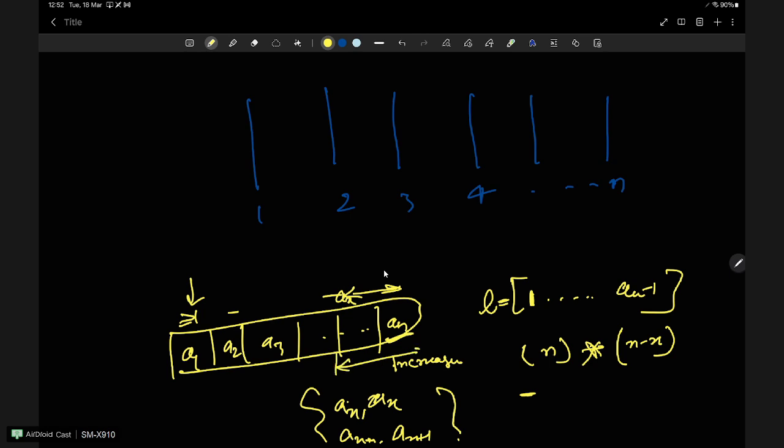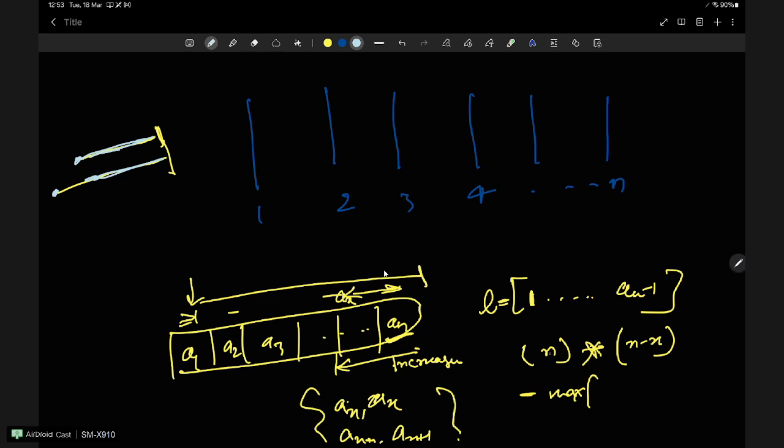That would be the max of these. If you have two line segments like this and this, the common values here is this line, right? That would be the maximum of these two values. So we have to subtract the max of